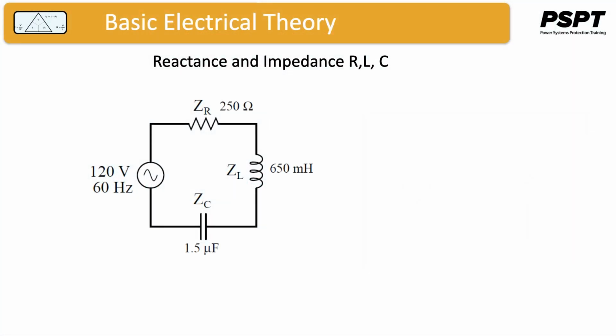Here is an example of a series RLC circuit. We can now determine the equivalent impedance of the circuit. The first step is to determine the reactance in ohms for the inductor, which is given by 2 pi times the frequency of the circuit and L times L, which is the inductance of the inductor. Substituting actual values, we get 2 times pi times 60 hertz times 650 millihenries, which works out to